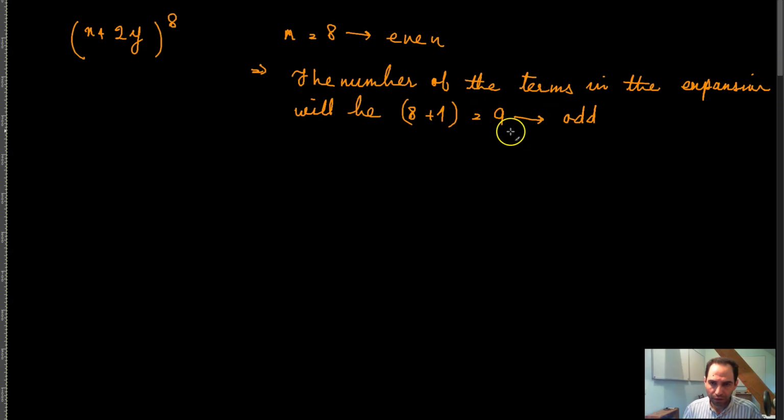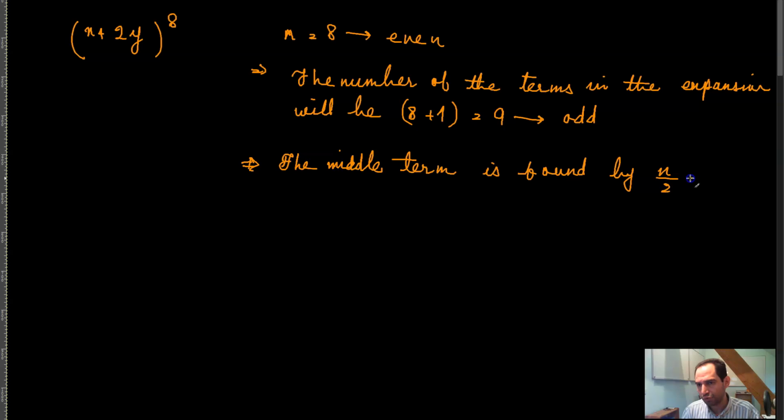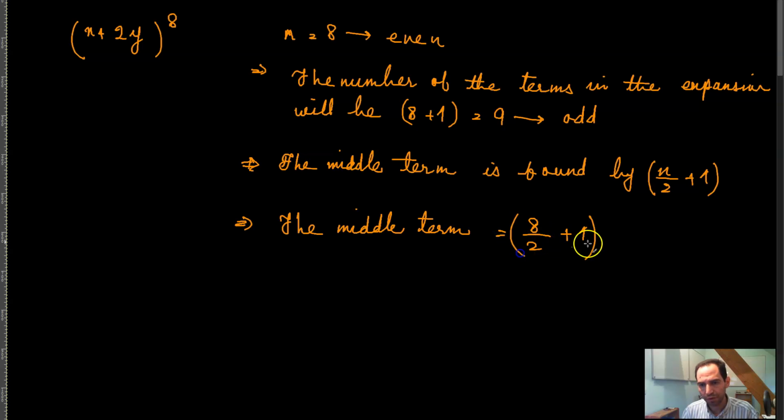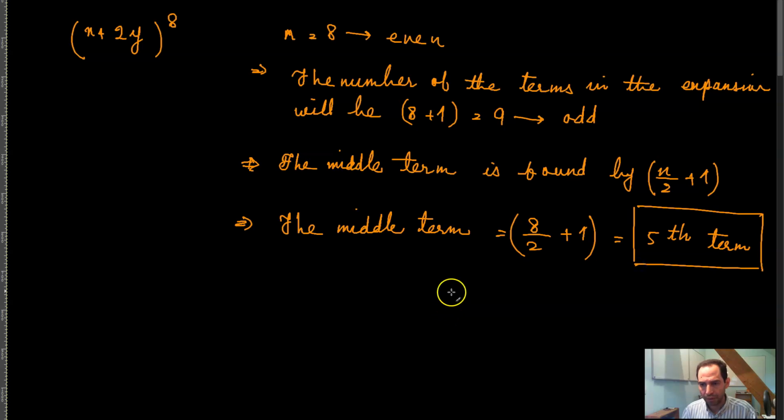Now, since the number is an odd number, the middle term is found by n divided by 2 plus 1, which means the middle term would be equal to 8 divided by 2 plus 1, which is 4 plus 1, equal to the fifth term. So when you say the fifth term,